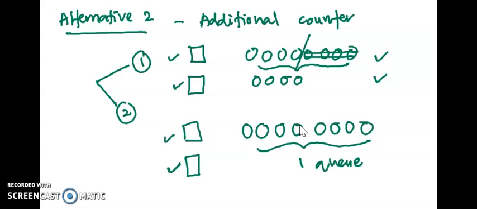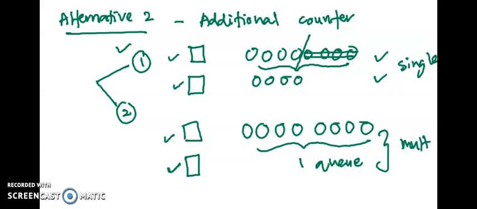So this is multiple server, and this one is single server. So let's focus on this one first, the first option for the second alternative, where we add another counter,